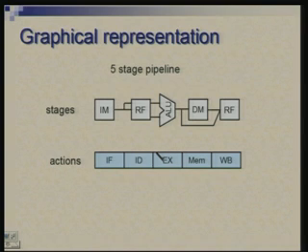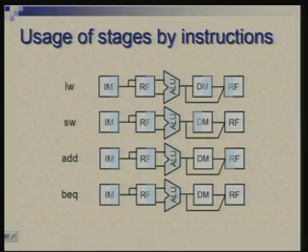Okay. So, now I could look at this, maybe try to put multiple instructions in the pipeline and see how it happens. And there are two ways we can do it. Before I go for that, we can show usage of different stages by different instructions by properly shading. I want to just check if these shades, it is very light, but are they visible? Yes or no? Okay. So, you would notice that these boxes I have, in some cases I have shaded, and in some cases they are half shaded.